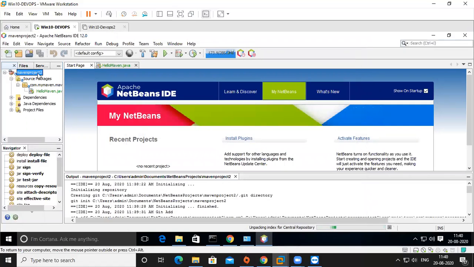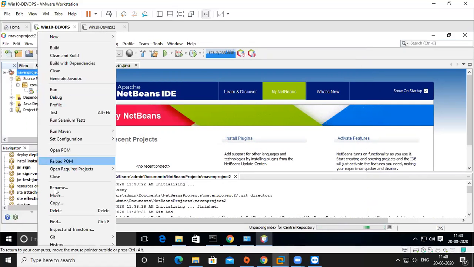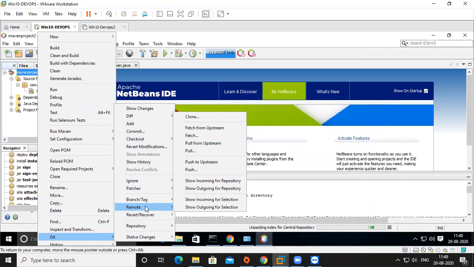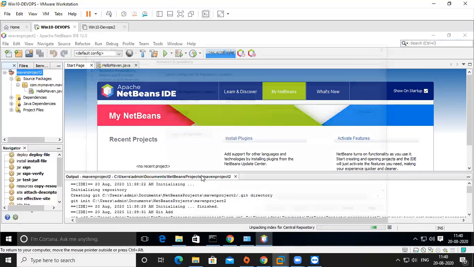It is still only our local repository. Now I want to push the configuration. Commit is completed, then I have to go to remote. So Git remote push configuration, and I'm going to push.